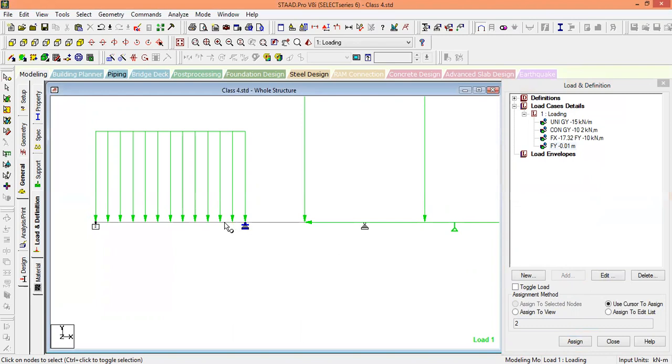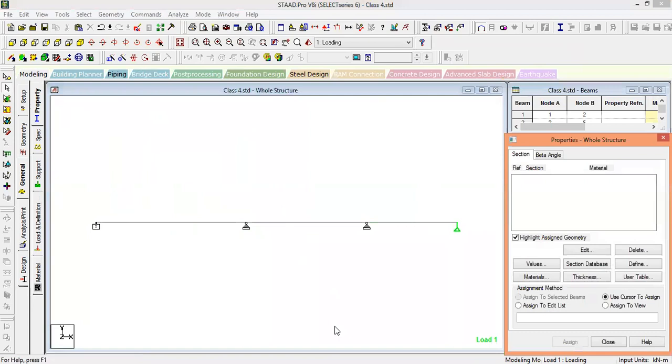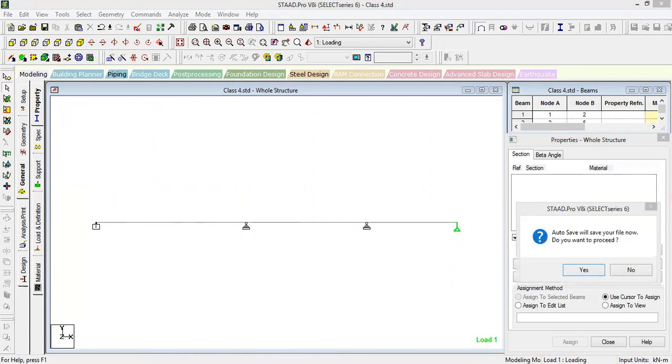Right? Now, we have to go to property. In the previous problem, when there was an I value and a 2I value, we calculated the I values, the breadth and depth values, and then we provided the section. That is one method, and that is also correct. But there is another method also. The second method, you can directly provide the I value. That I'm going to show now. There are various ways.